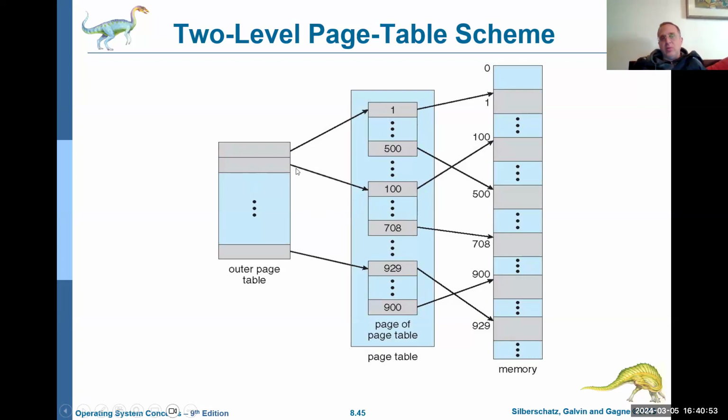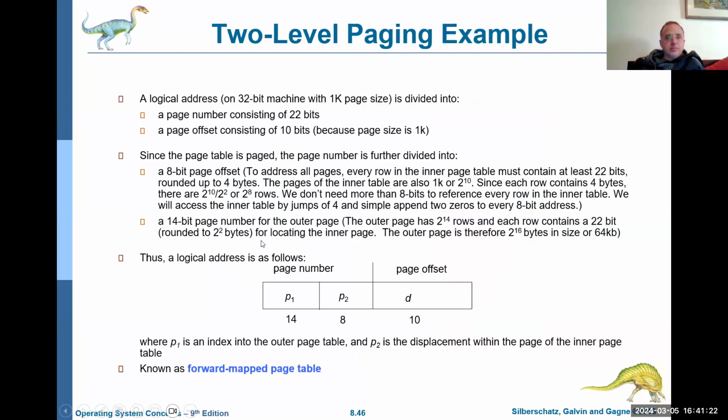Not necessarily before or after. This arrow could point here, this one could point there. It doesn't have to be like this. So how are we going to find something? Well, first of all, look, this 290 is saying that if you're looking for this frame, go over to 9 and 29 is over here. And here's that page that starts at 929, etc. And here's this page that starts at 900. And okay, so